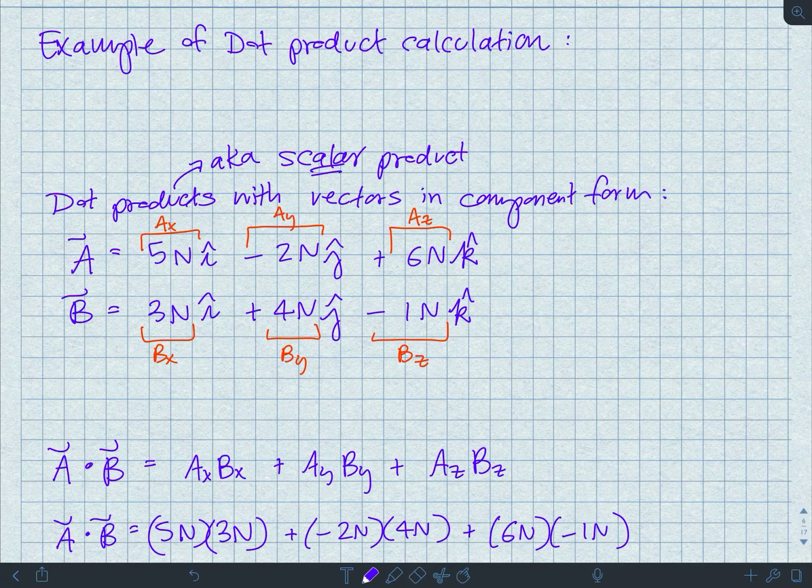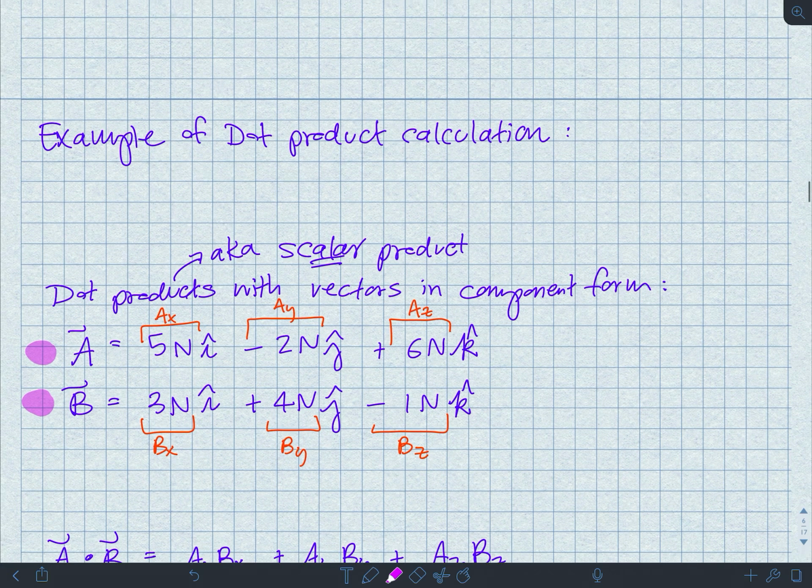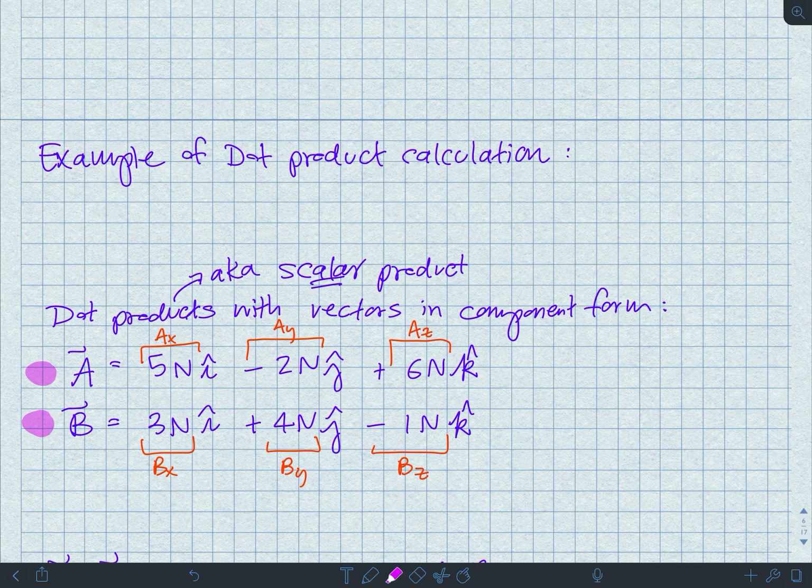So let's say that we have vector A and vector B, and they're given by these values in i hat, j hat, k hat format, in the component form. So let's say that you're given these vectors like this, and they want you to find the dot product. Okay, so first notice, just kind of reminding you, that the